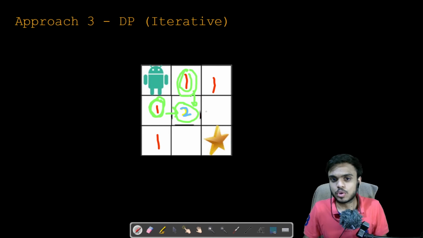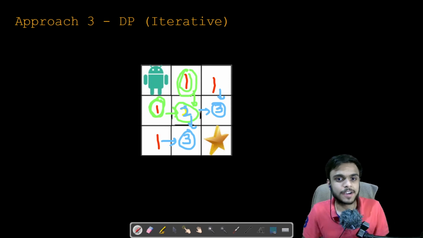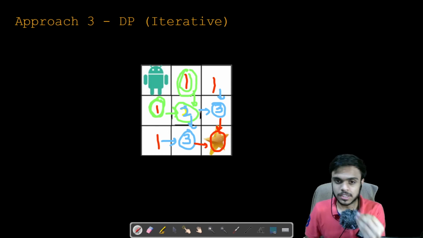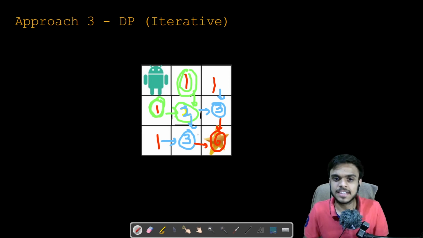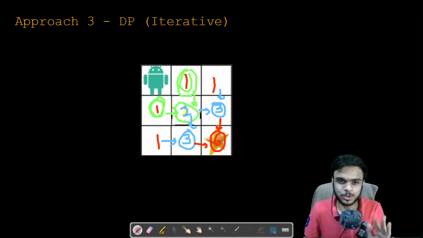Now even if you go forward for these two cells, it is the same thing. You can come here from the left or from the top. So we add 2 plus 1 which becomes 3 here, and for this cell you can come from the top or from the left, so we add 2 plus 1, so this also becomes 3. Okay, and for the final cell, you can come from the top or from the left. So you can come from these 3 ways or these 3 ways. So the total number of ways that you can reach this final destination is 6, adding 3 and 3. This is not equal to our previous answer because we do not have obstacles here. Okay, so don't get confused.